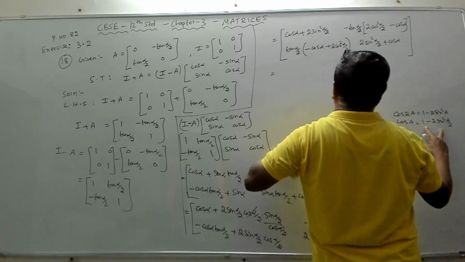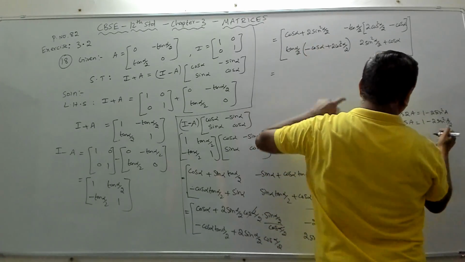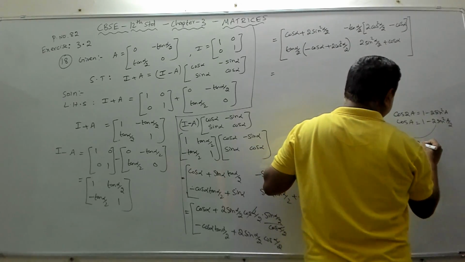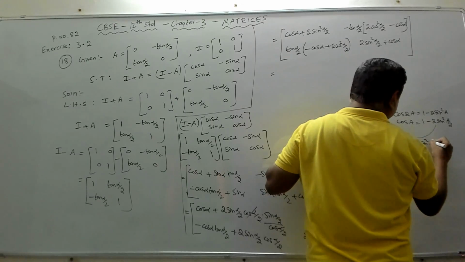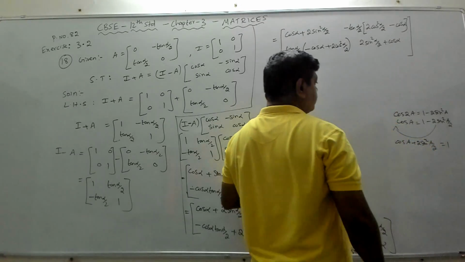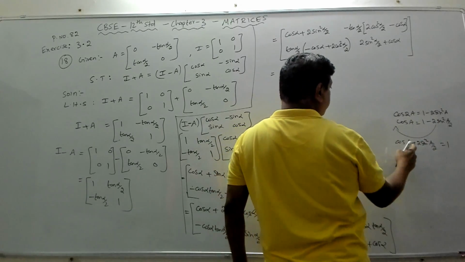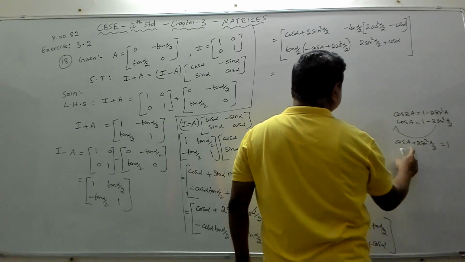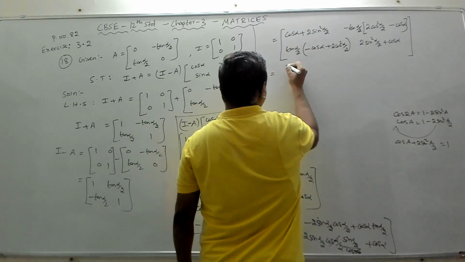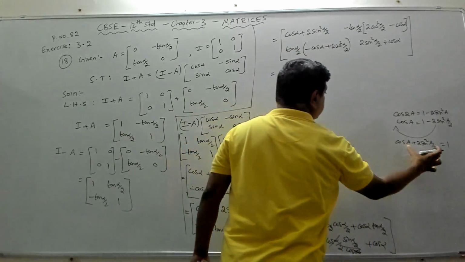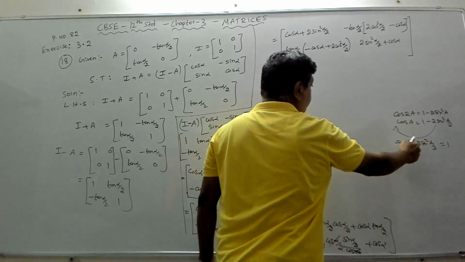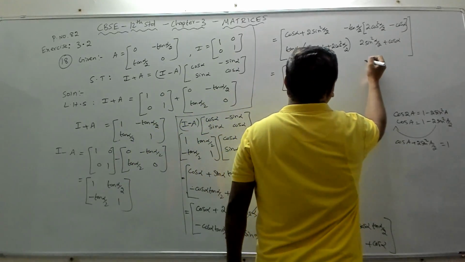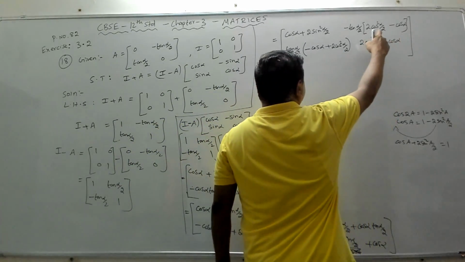So now I need what? I need 1 = cos alpha plus 2 sin square alpha by 2. If this comes to this side, cos a plus 2 sin square a by 2 will become 1. This minus 2 sin square a by 2 comes to this side and becomes plus 2 sin square a by 2. So cos a plus 2 sin square a by 2 is 1. Here cos alpha plus 2 sin square alpha by 2 will become 1. This is the same as this, with alpha here instead of a. So this is 1.